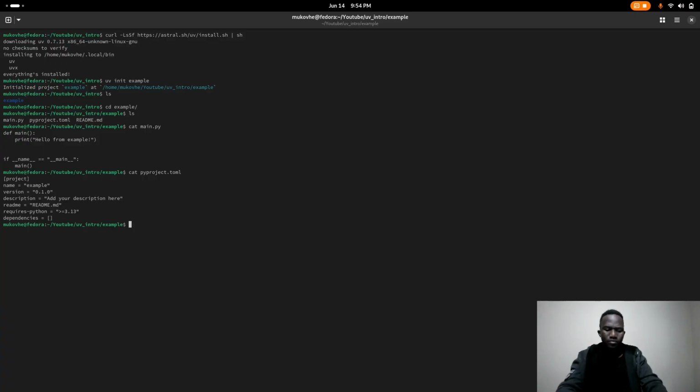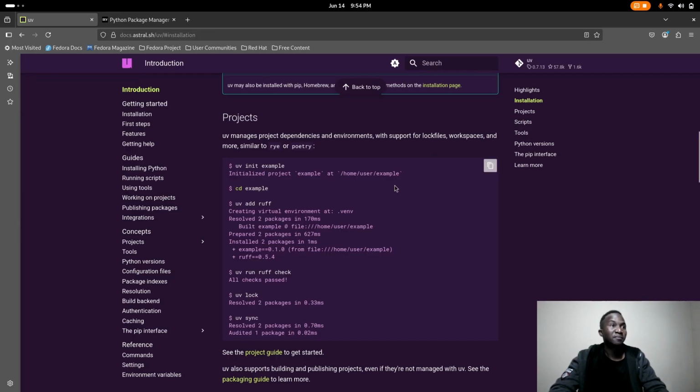Okay, how about the readme file? cat readme. But wait, okay, there's nothing in the readme too. Great. Okay, we've initialized the project. So we've actually done that because we've changed directories into example, and what we did further was, okay, what we need to do,